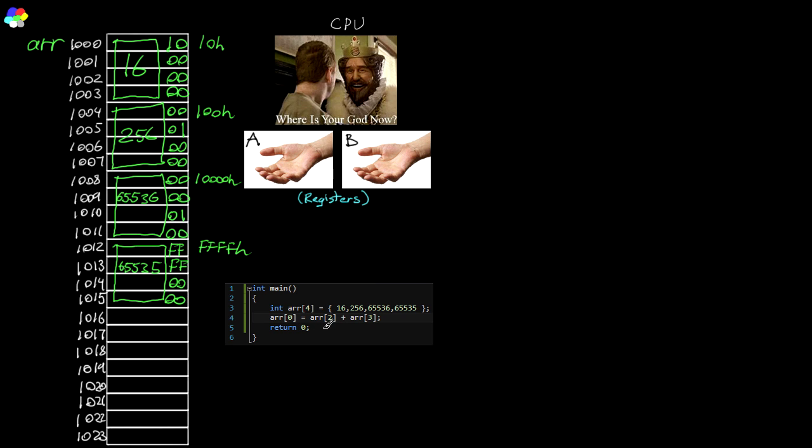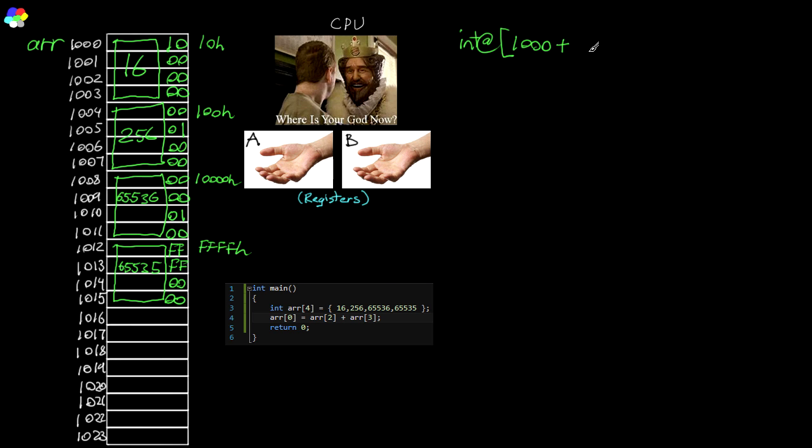We're going to want to load values from the array, add them together, and store them. So it's going to go integer at, and it's got to make a calculation here. When the compiler puts space for the array in memory, it says, okay, the array is going to start at address 1000, and it's going to be 4 ints long. That's 16 bytes, right? Now, when you access, for example, array at index 2, it's going to take the base address of this array, and it's going to add to it